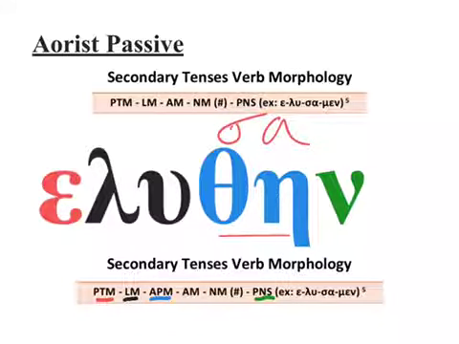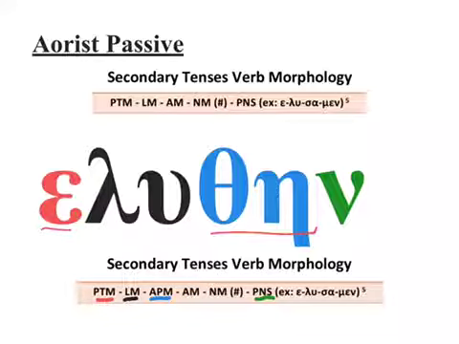Remember, the sigma alpha is the indicator for the aorist, first aorist anyway. Remember that? Well, the theta eta actually takes its place, so it's going to look like an imperfect, but the theta eta is what's going to make it aorist. So the imperfect does not have a theta eta. So if you see a theta eta with a past-time morpheme and a secondary tense person-number suffix,